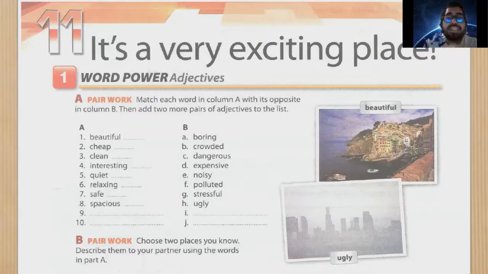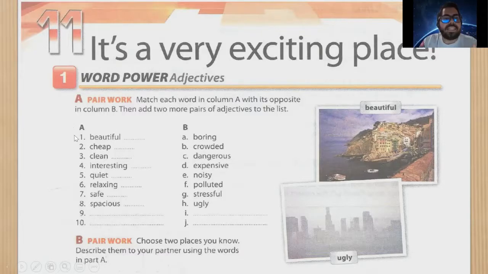And remember that we're going to talk about cities. So these are characteristics, okay, for cities. Let's take a look at the vocabulary, guys, about adjectives, okay, characteristics. Look at this. We have to match column A and column B, all right? That's what we have to do. So look at this. We have one adjective in here, and we have to match it with the opposite, okay, con lo opuesto.